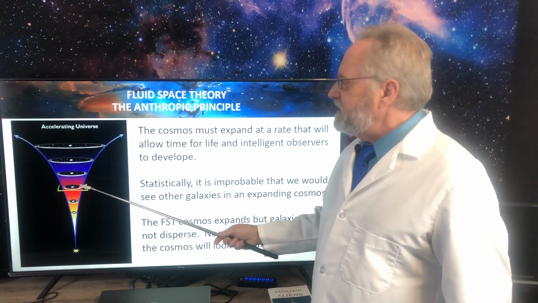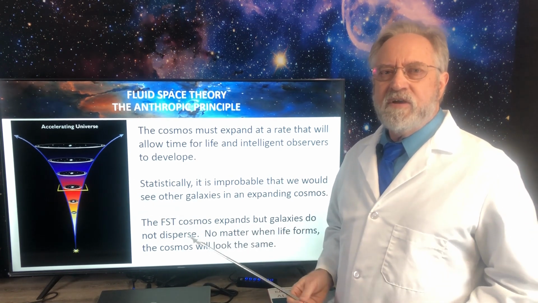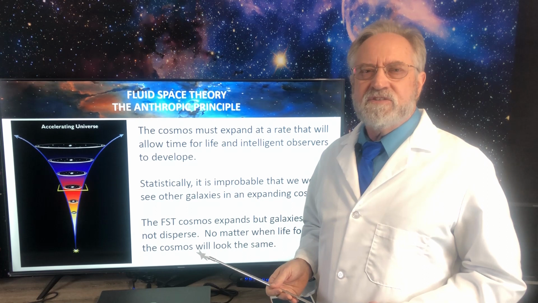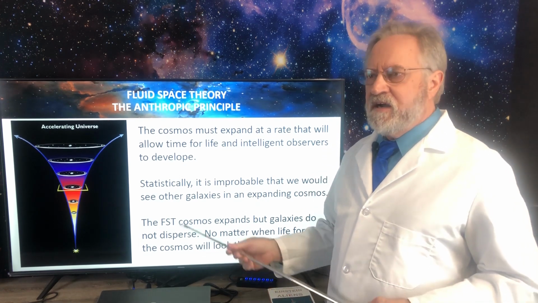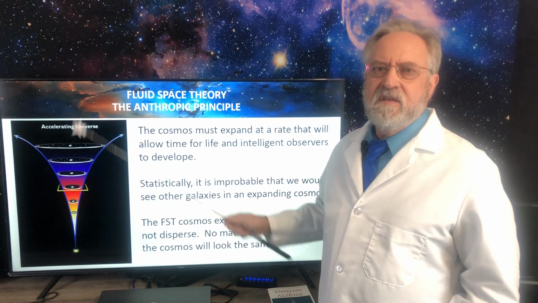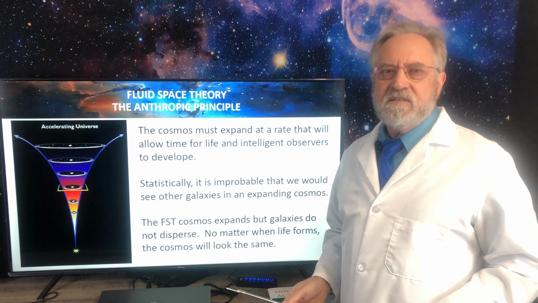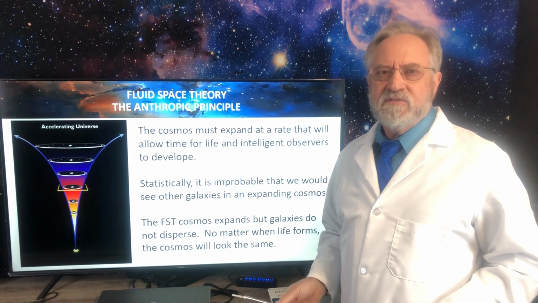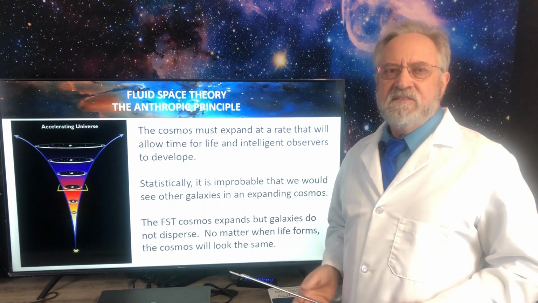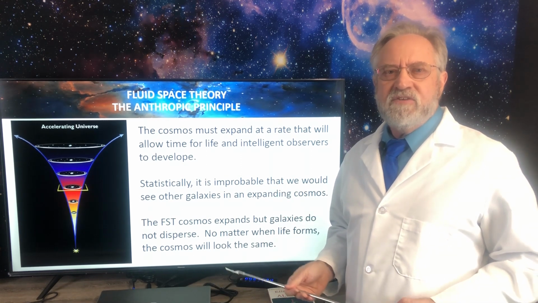So that means that we're lucky to be living in the time period where we are, where we see a galaxy-rich cosmos. And that the odds are, if we landed randomly sometime in the future of the universe, where intelligent beings are allowed, we would not see a galaxy-rich cosmos. So the odds are against us seeing what we see, according to the anthropic principle, when applied to the current